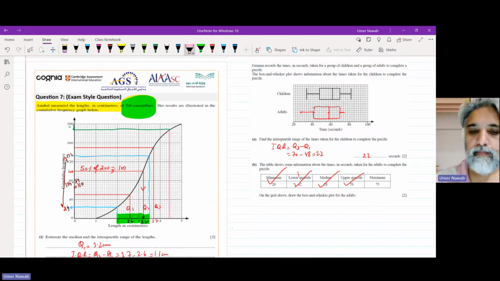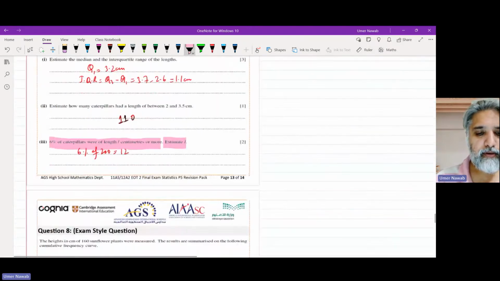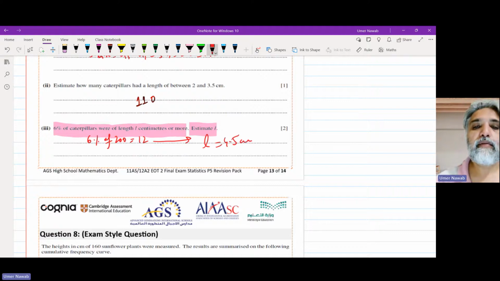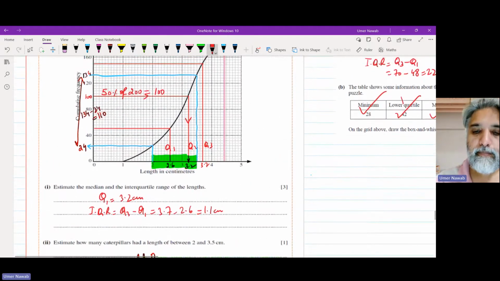Approximately, guys, it gives us 4.5. Okay, so this is the length, it gives you 4.5 centimeters on the scale,